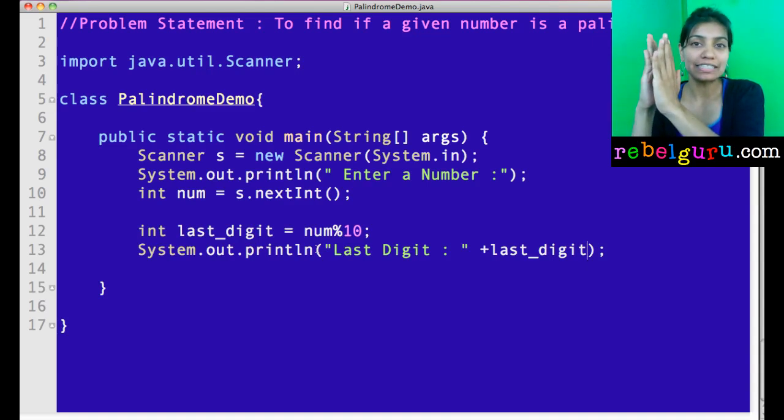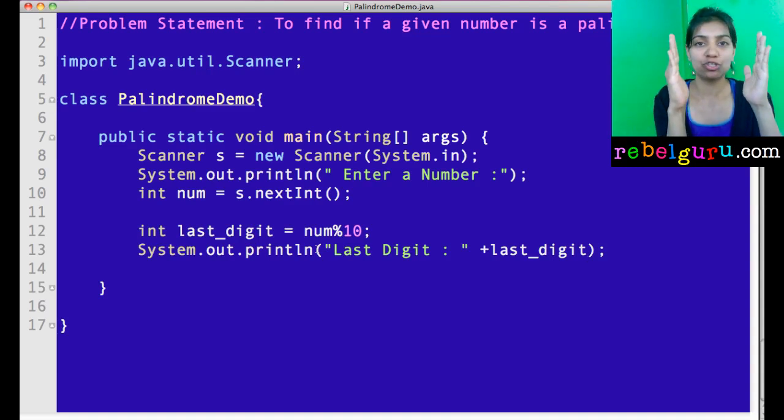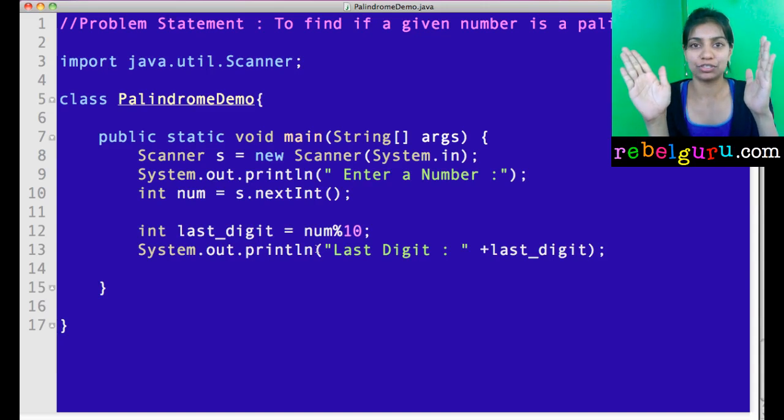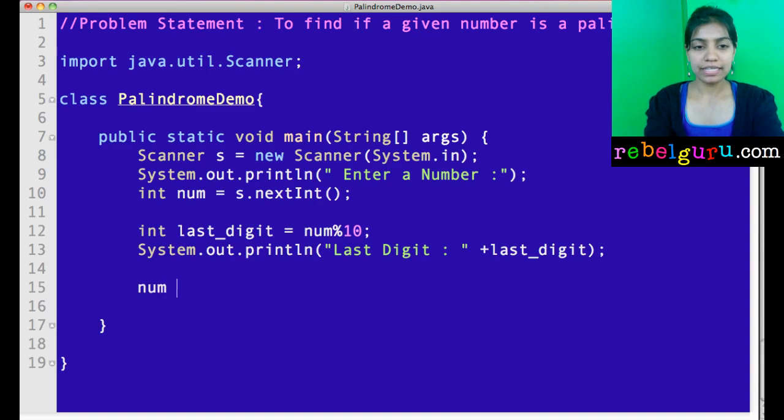After you find the last digit, what do you want to do? You want to append it to our reversed number, and you want to shrink the original number. You want to discard the last digit. The trick is to divide by 10. So if I do num is equal to num divided by 10, what will it do?